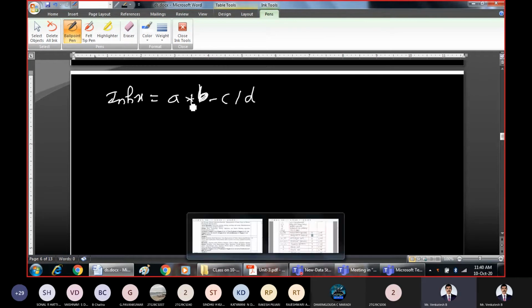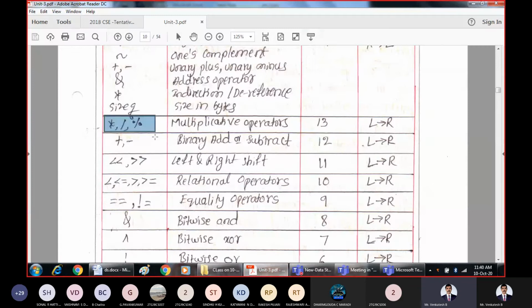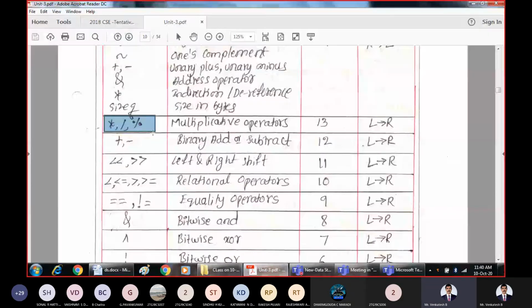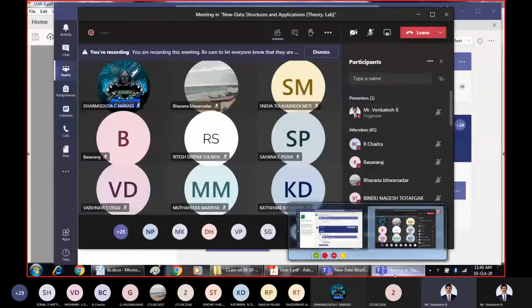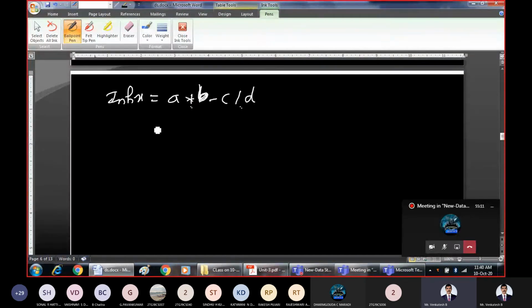Now, when you look at this star and division, they both have the same priority. Go to the table and check, see here. Star and division both have the same priority. But when there are two operators with the same priority, what is the associativity? You go from left to right. That means first give priority to this star. So I'll be solving this. What will I write? A, B star. Write the two operands, then write star. Then this minus C division D, keep it as it is.